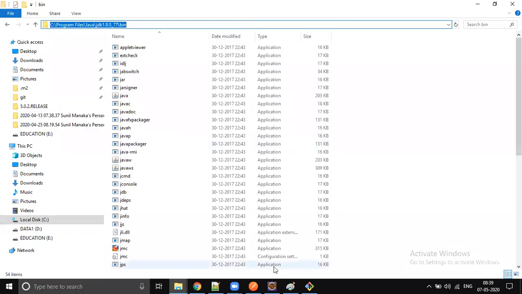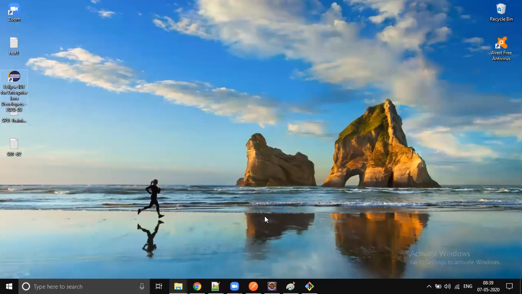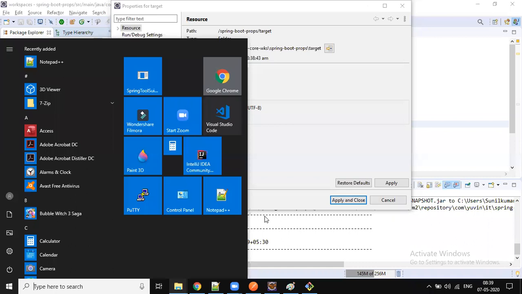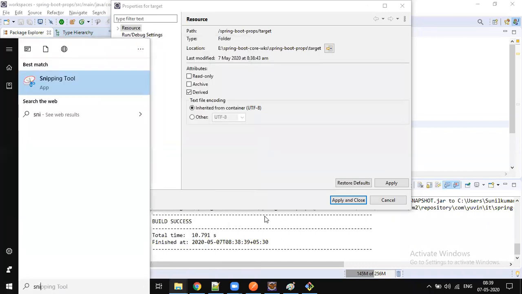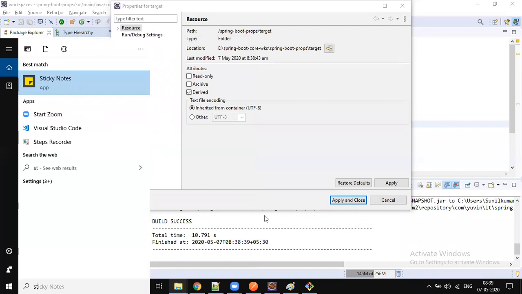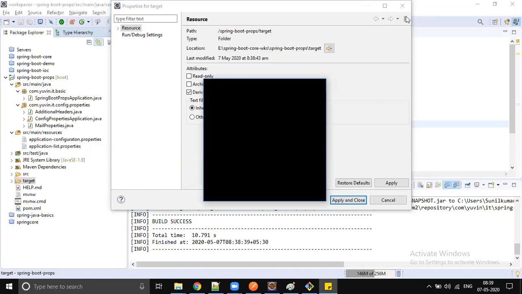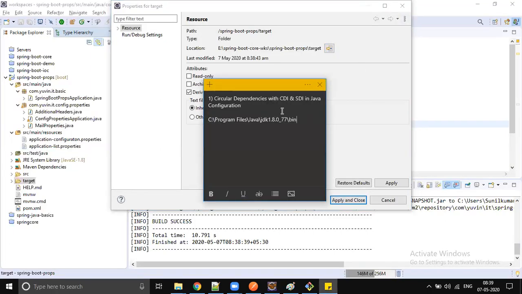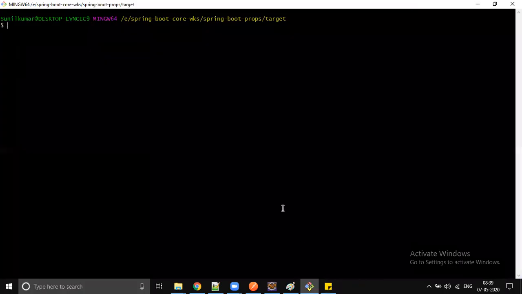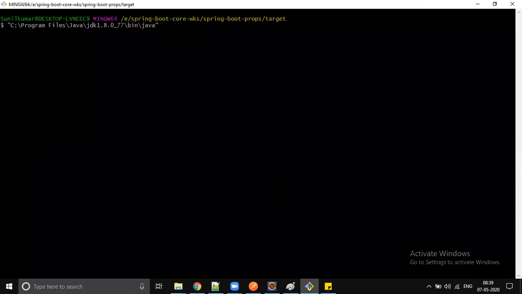Let me copy this and put it here, then slash java. Yes, there we go. Save this. Now let's go to the command prompt and enter java -jar.